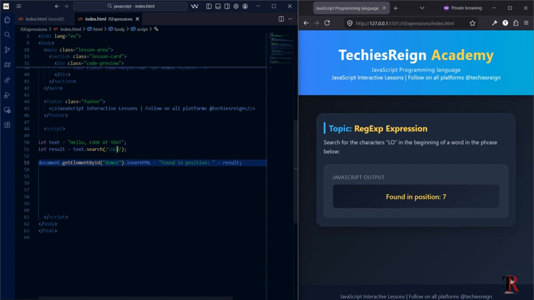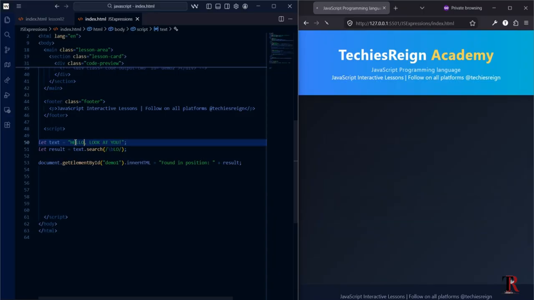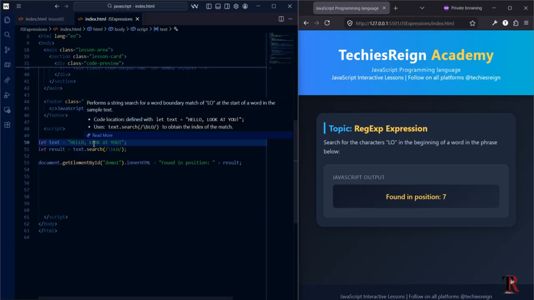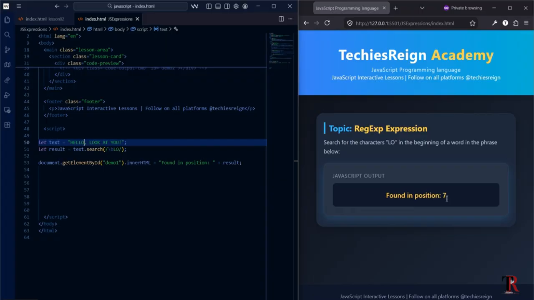You can see "found in position 7". So is it actually true? Let's check. This is supposed to be in caps too. 0, 1, 2, 3, 4, 5, 6, 7. It's true. So LO is found in position 7, which means that the LO that it will search for here